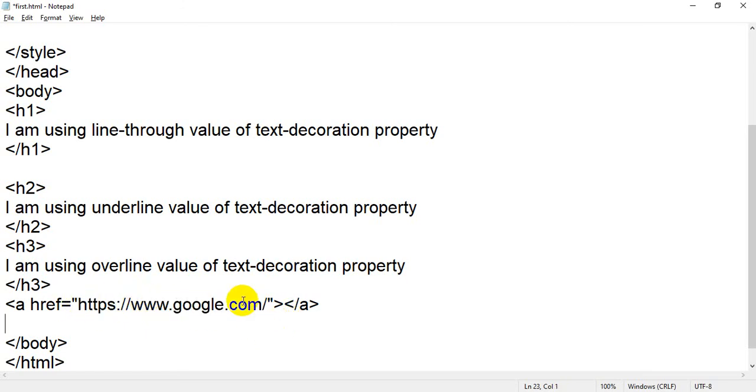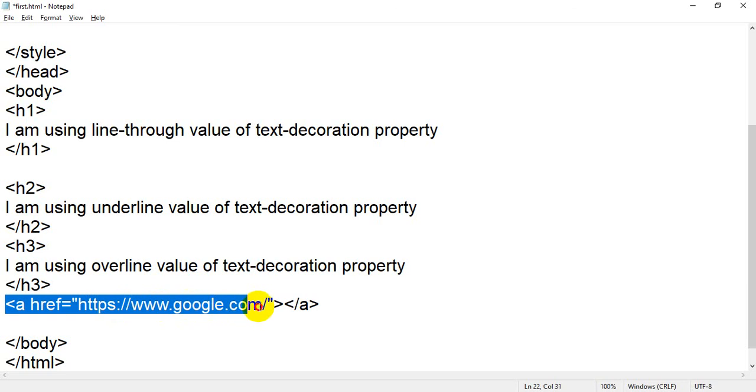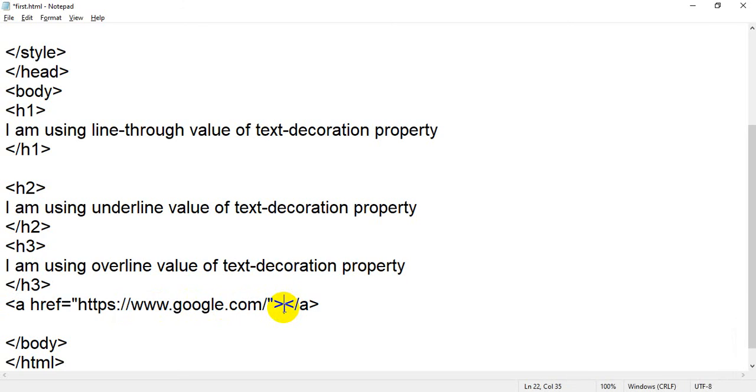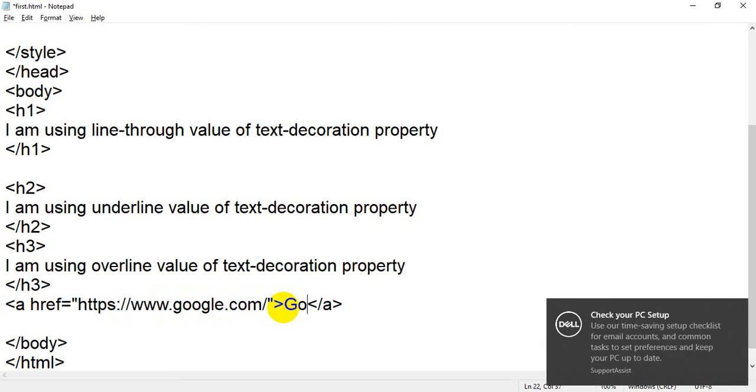This is the URL of Google. It means when the user clicks on that particular link, the Google page will open. Where the user will click is on particular text. So this is my opening a tag and this is my closing a tag. Between opening and closing I will put the text where the user can click. So I will simply write Google.